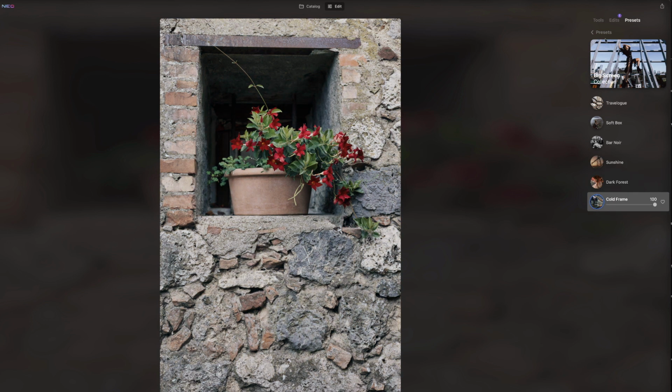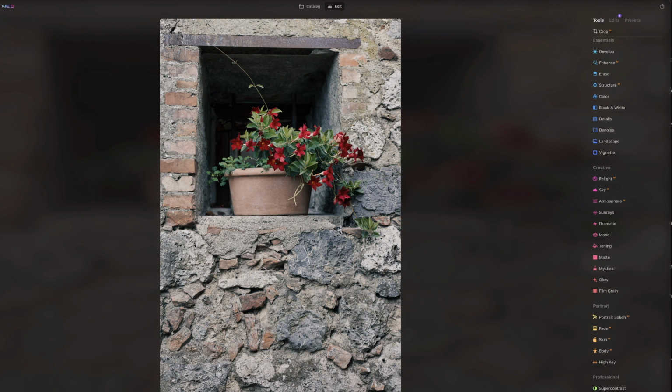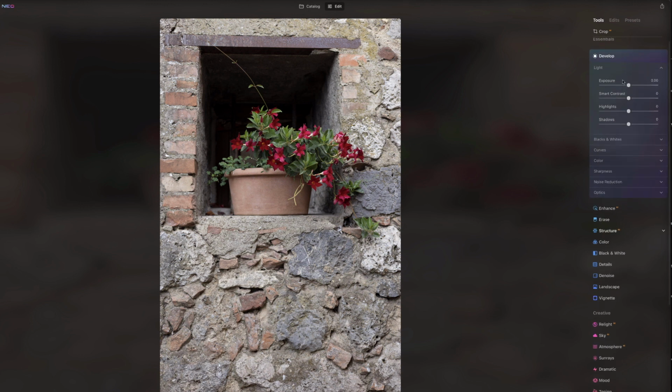but what we want to do today is go back and do our own thing with this one. So what I'm going to try to do is enhance these flowers a little bit. What I like about this image is the contrast of the soft greens and reds here against the hard rock with the gray and all that. And so I think those make a nice contrast with each other, and we're going to try and play that up. So we'll come in here, we'll start up here at the top with develop,